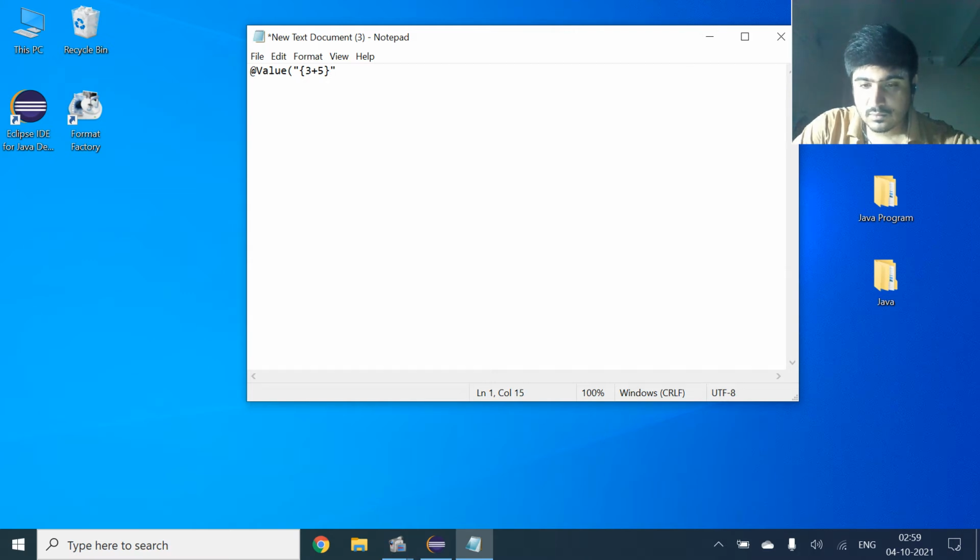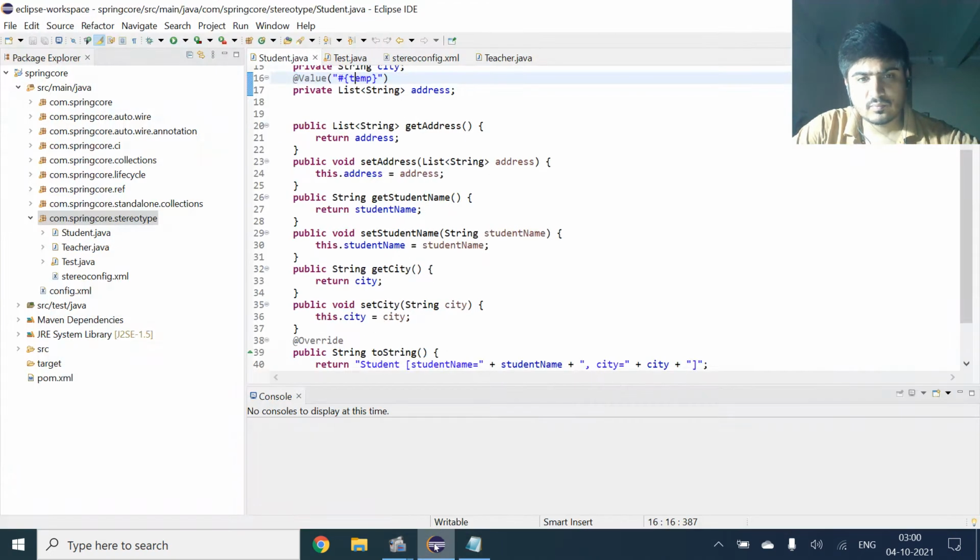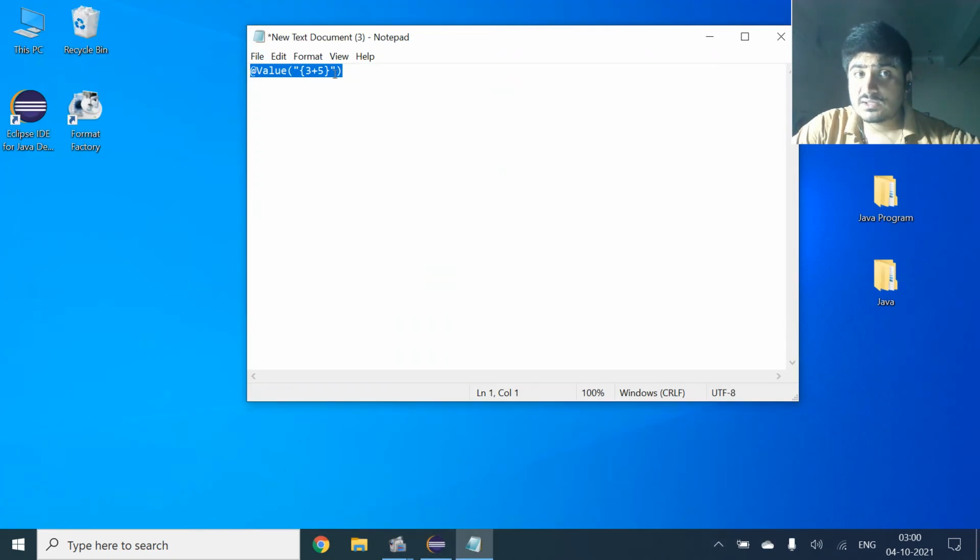This is how you can provide the value in the value component. It will parse and inject the value. That value, the result, goes in the property which is given below this value annotation.